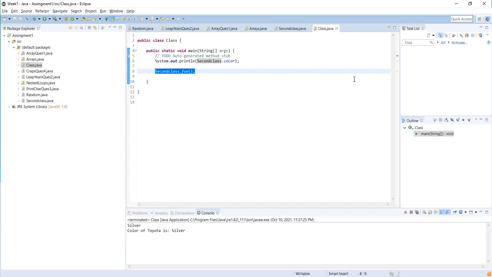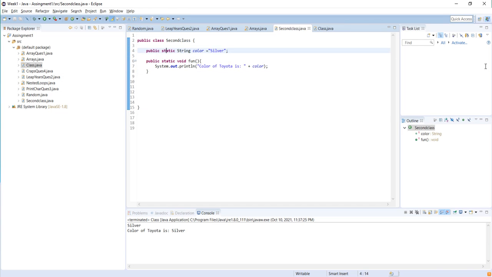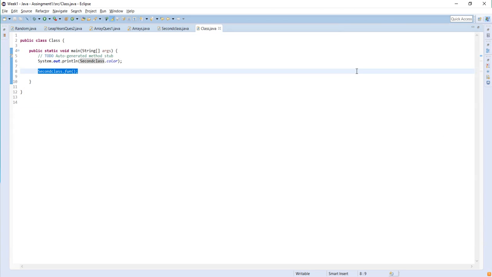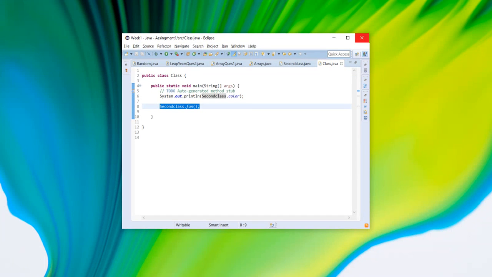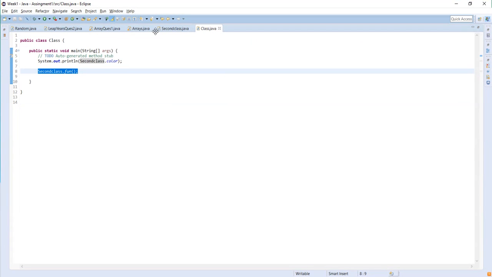So we can see the difference between calling the standard functions, how we used to create an object and then call the functions or the variables that are non-static, compared to those that are static, how we are using it by the class name dot the function, or class name dot the attribute.